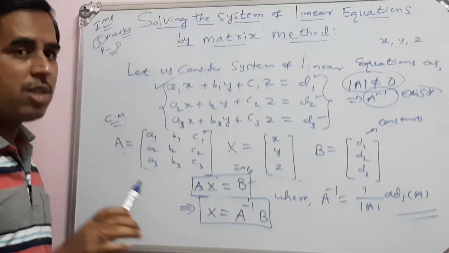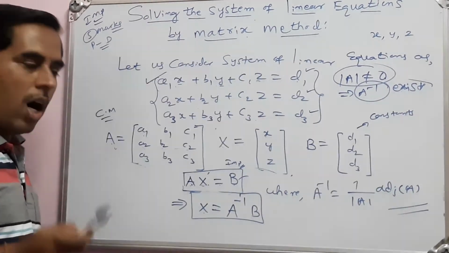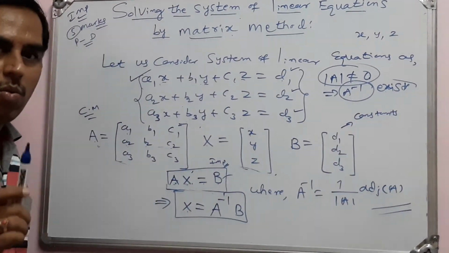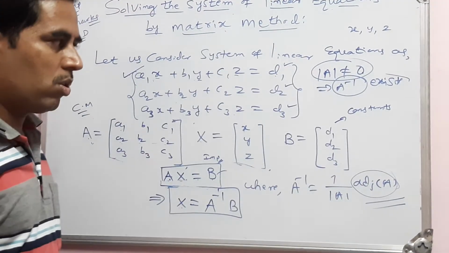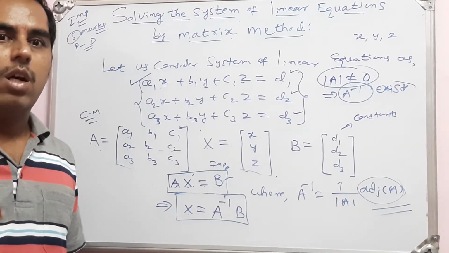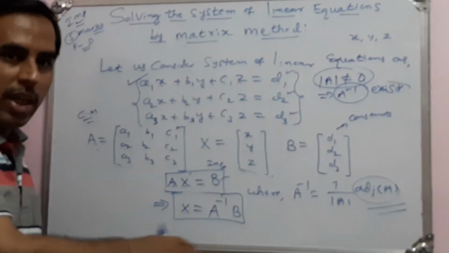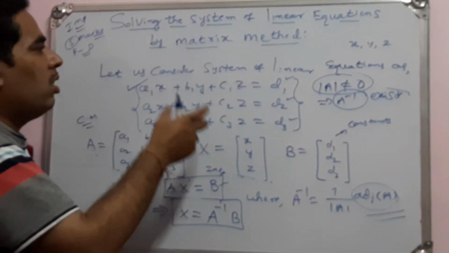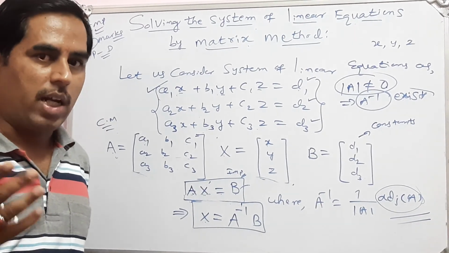These are all the theory points which I have explained in this class. In the next class I am going to consider 3 equations and find the values of the unknowns x, y and z. For this you should know how to find the adjoint of A. So note down all the points here. In the next class we are going to take up one problem and find the values of x, y, z by matrix method. What I have explained in this class is called the matrix method to solve a system of linear equations. Let us continue in the next class.